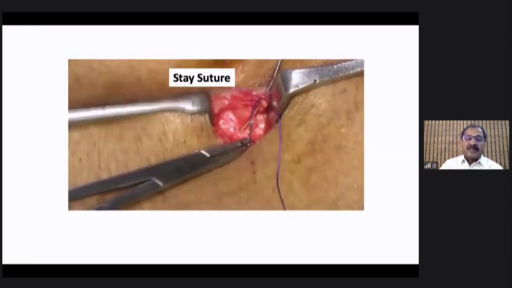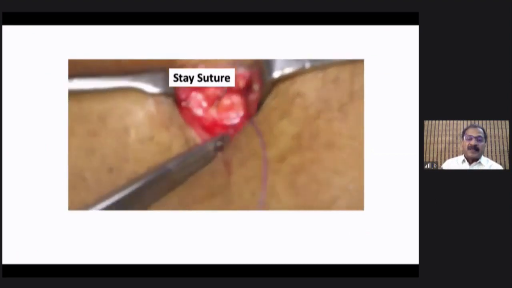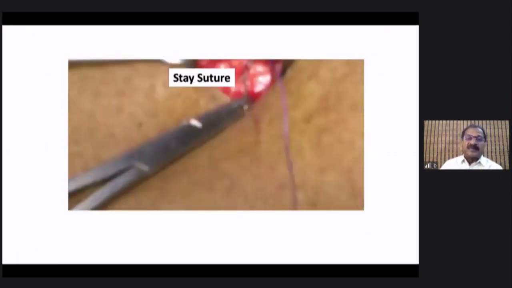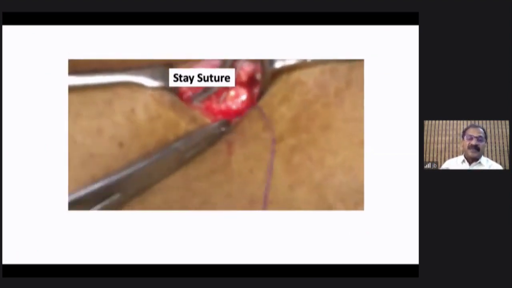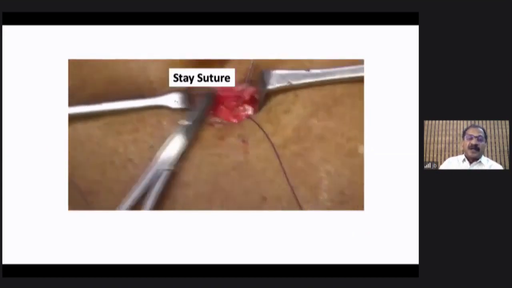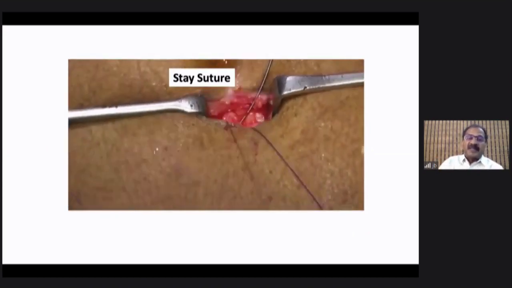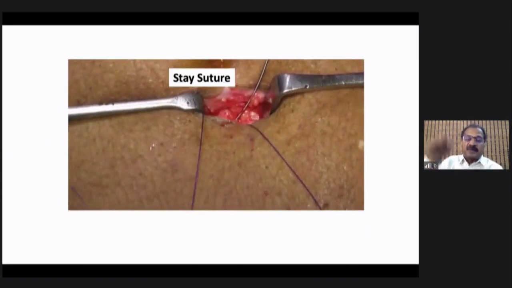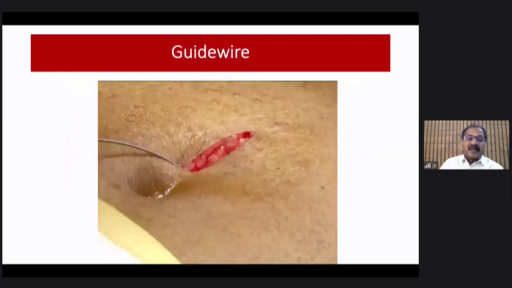And one step is to do a purse string around the cuff, I said. The other thing is to fix the cuff. Now, if you try to put in a suture after putting in the catheter, then with a small incision you will have difficulty in taking a bite. So what I have shown here is,